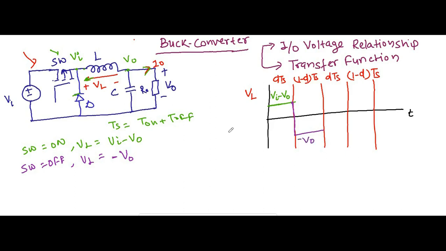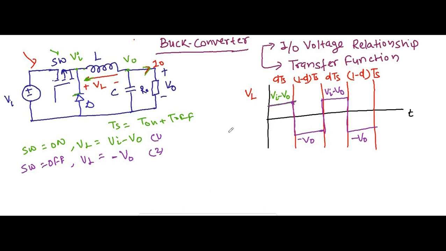Right? The voltage across the inductor is minus V naught, and if you want to draw the switching for the other cycle as well, this will become Vi minus V naught for the time period of dTs, and this is again V naught, and that is how it works. Now your voltage during the on time of the switch is Vi minus V naught. This is your first equation, and during the off time of the switch it is minus V naught. You have seen it here in the waveform. That is how it looks like.